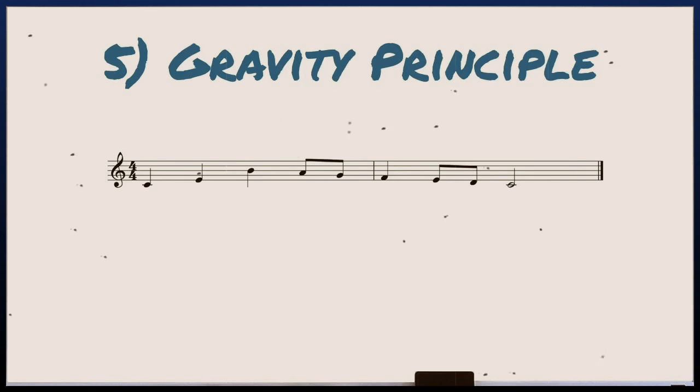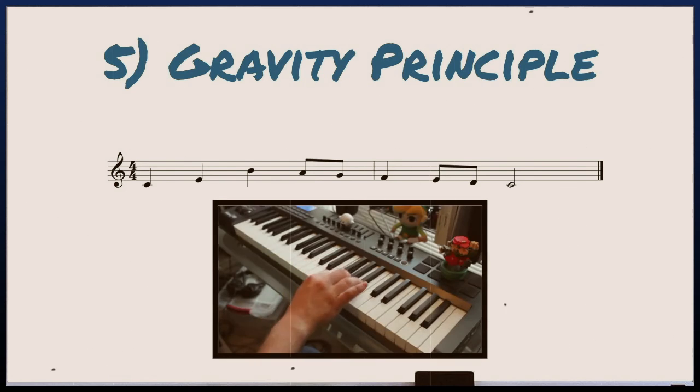The final common technique would be using the gravity principle. So, just like gravity, what goes up must come down. And similarly in music, you could do the opposite, which is what goes down must come up. So what this means is if you are in a key area, a scale or mode, in this case C major, C is our home note. So it is our 1 chord or our tonic chord. So you want to start there, go somewhere, and then come back. So in this example,